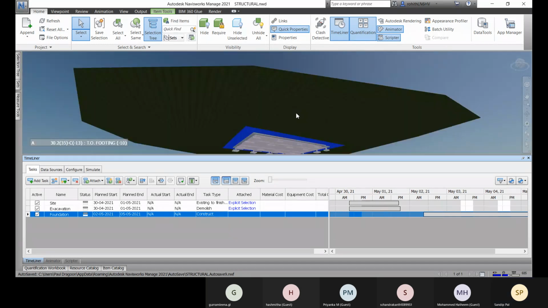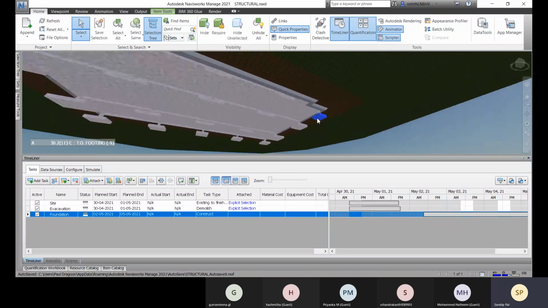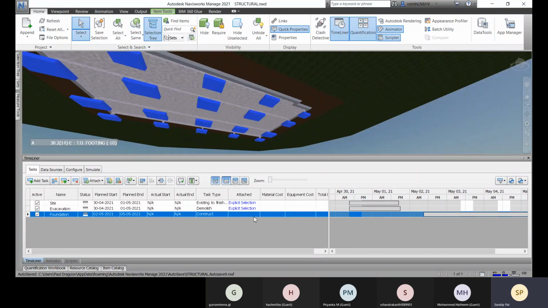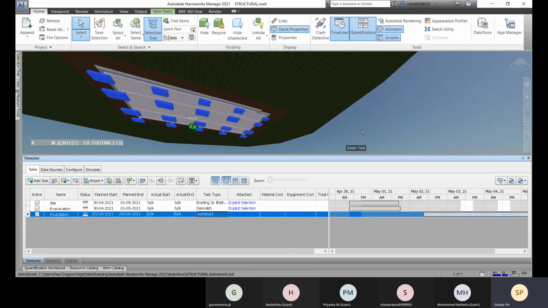So you can either select this and then go for select same type, and all these are selected, and there you can right click and attach current selection. This way you can go for it.